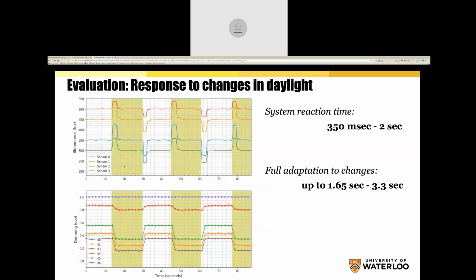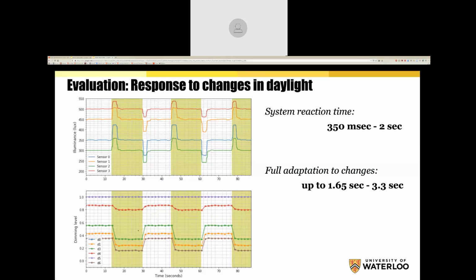And then when the green bar happens, we suddenly got extra light. Daylight came in, and so all of them became overly lit. But then in about 350 milliseconds to 2 seconds, approximately, the control system kicks in and the lighting levels diminish to the desired values again. And when the light is switched off, again there'll be a slight dimming, and then it comes back up again. So this is reflected in these graphs over here. There are slight dips, even though we have fairly abrupt transitions when the light comes on.